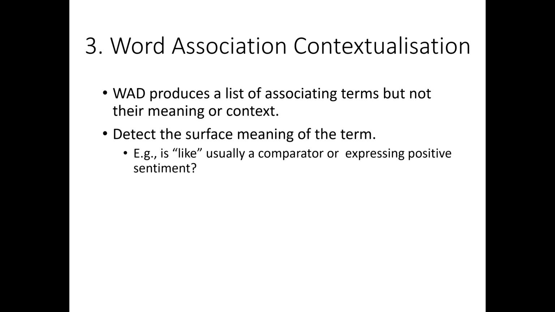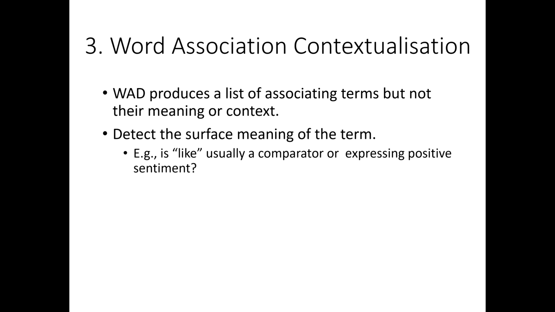So we need to first detect the surface meaning of the term. For example, if like is one of the words, does it mean like as a comparator, this is like that, or does it mean like expressing positive sentiment, I like this? So we need to decide which version of like is the most common one in our data